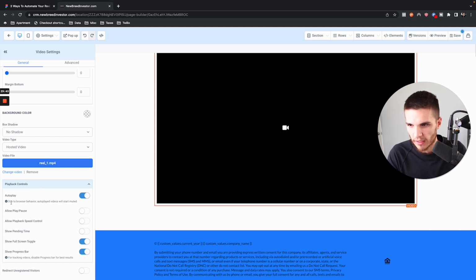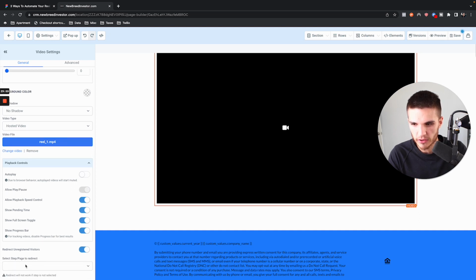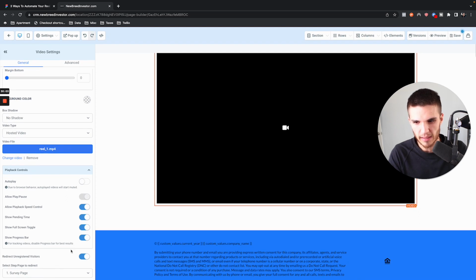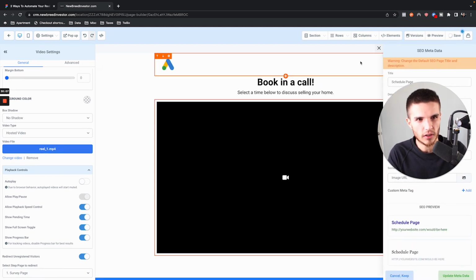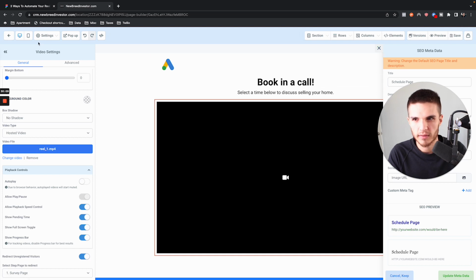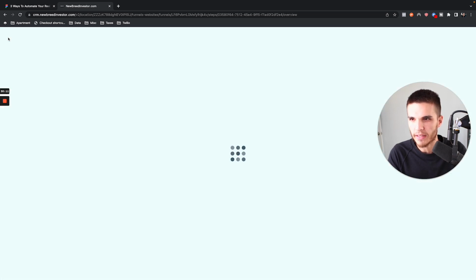So for example, the autoplay, I like to turn this off, and then I like to turn all this stuff on. That way people can just watch at their leisure, right? So basically when we turn on redirect unregistered visitors, we can take them back to step 1, and you'll see what happens here. So if we go to save, and then we go back here,